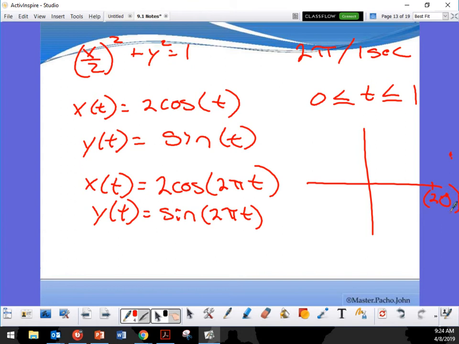So I'm starting there, 2 comma 0. Now let's go ahead and plug in, what do I need here? 1/4, right? Let's do 1/4. So 1/4 is going to make this one pi over 2, right? Cosine at pi over 2 is 0. So I'm going to have 0, and then do the same thing. Sine at pi over 2 is 1. And then it keeps going. Now do you see how this is actually changing now? So as we're plugging in,